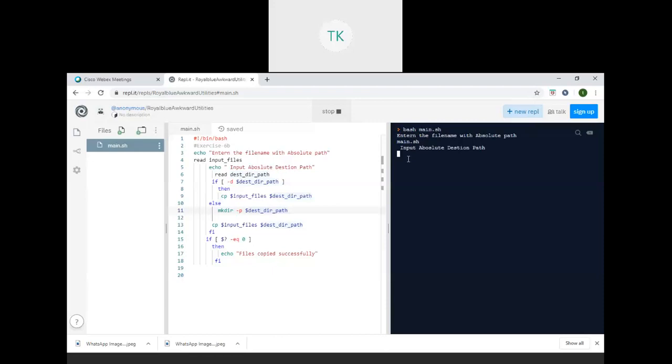Here, for the destination path, I am trying to give another file name. I'm giving a program name, program one. I'm trying to copy this main.sh to program one, right?